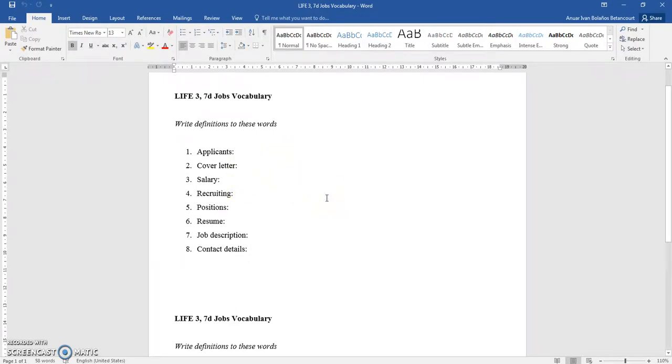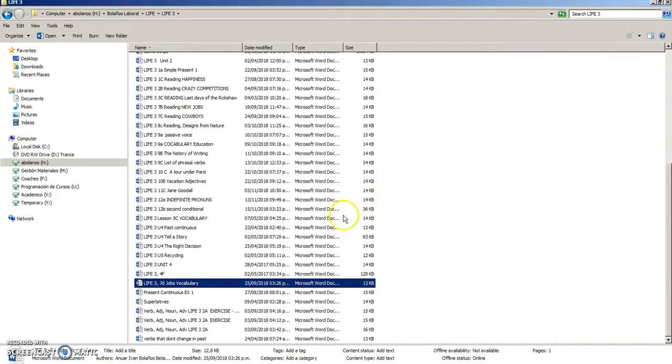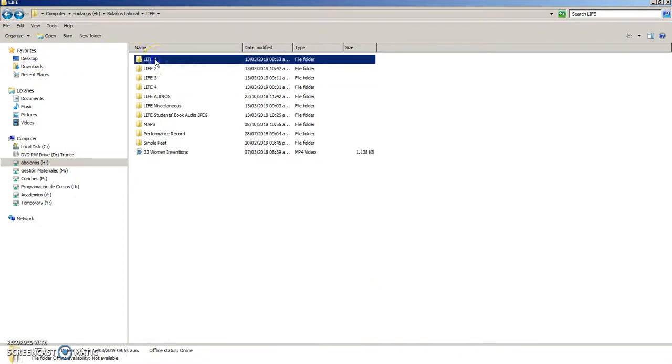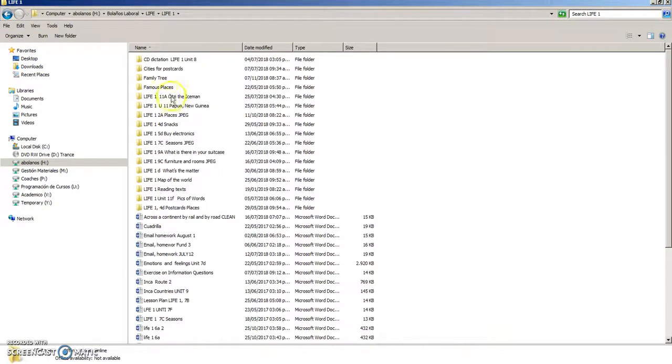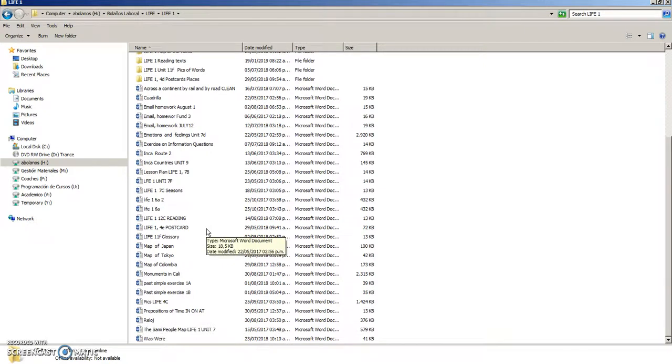You do the corrections with the books or on the board, but this is for the students to work in pairs and try to come up with a definition. Okay, there's another exercise in book number 1, Life 1, and you know that